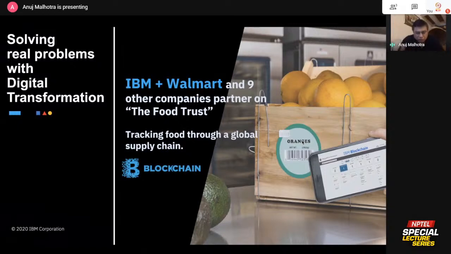Food. It's called the Food Trust. Walmart and 9 other companies, along with IBM, made it. The 9 other companies are who's who. This includes Nestle, Driscoll's, Tyson Foods, Unilever, Dole, Kroger's. All of these companies came together because they found it very, very important, saying, I need to use technology and blockchain, in this case, with a mobile app in the front, to try and be able to track every product that hits my shelves. And I should be able to do it real time, and I should be able to do it pointed to a specific set of stores or a specific store.